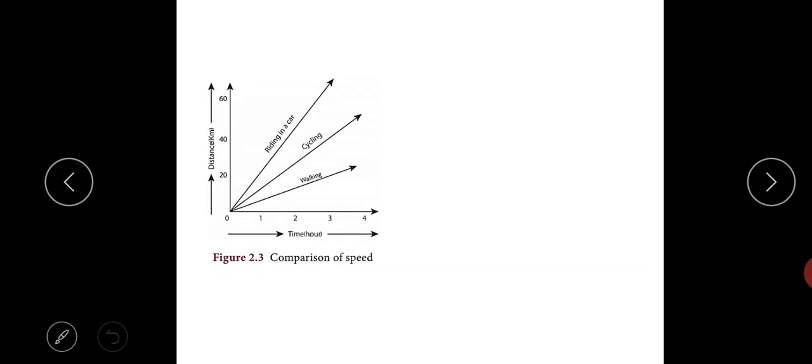The distance time graph of these three would look like this, because here you can see which one is very steep among the three. Steep means going very narrow when you compare the three. Riding a car is very steep. Yes or no? Why? Just now we saw, the steeper the slope, the greater the speed. That is why it is very steep. Below that we have cycling, which is much faster compared to walking. Yes or no? Then below we have walking.